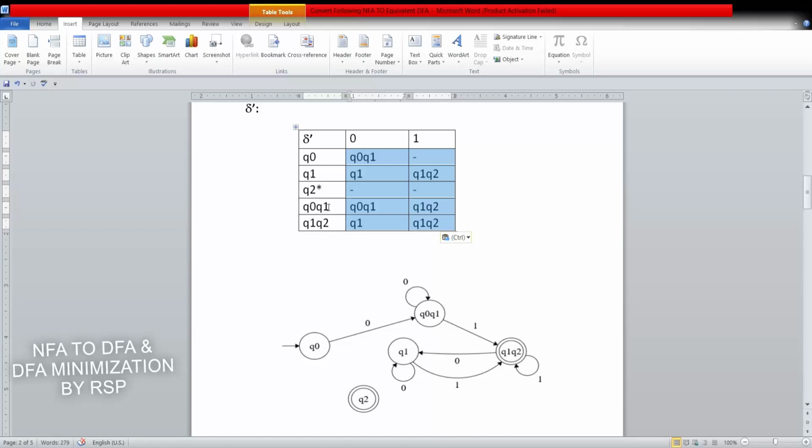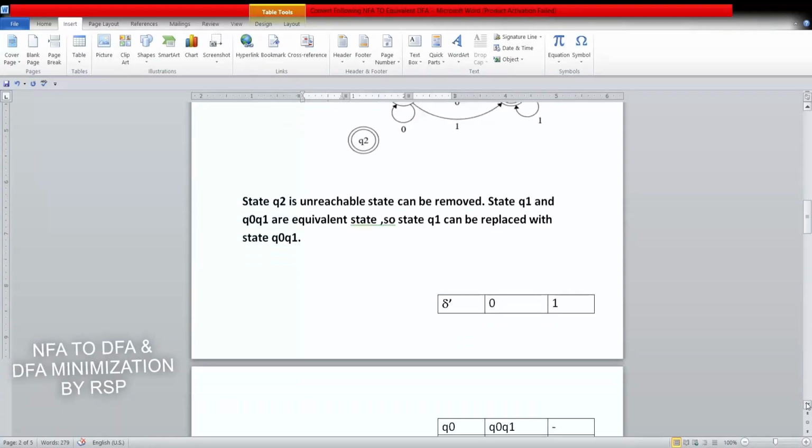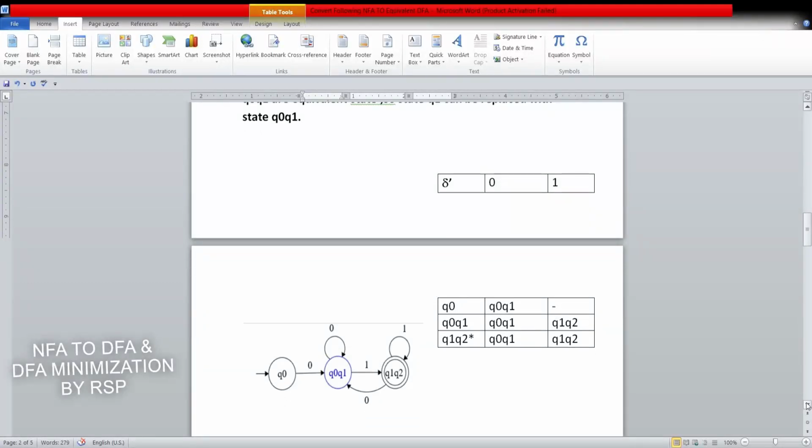So we are considering Q0, Q1 itself as one state, and as you can find here, Q0, Q1 itself is one state. One thing is remaining here, Q2 is your final state, so you need to mark all the states where Q2 is present. You can mark all such states as final states. Okay, so that's why Q1, Q2 is also a final state. Now the main thing we have to consider is the DFA minimization, right? So DFA minimization has a few rules. We'll see those rules first. How we go for this DFA minimization.